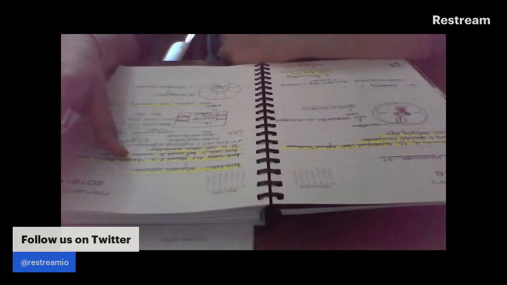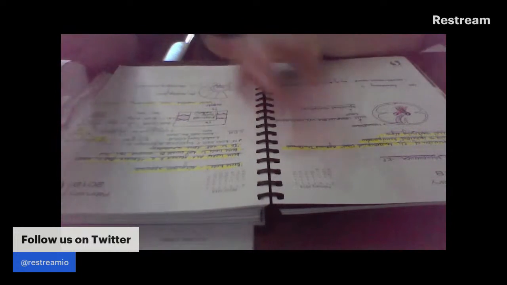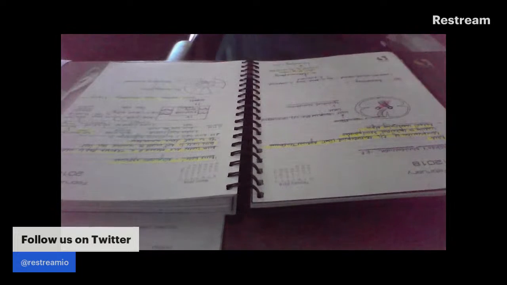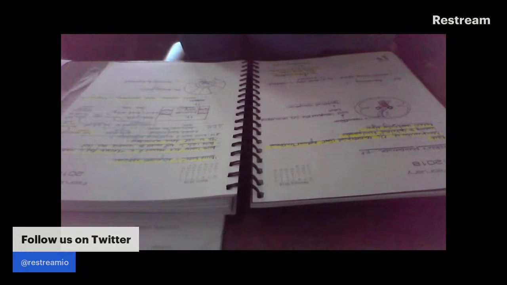Kernohan phenomenon is KP. Okay, it's rare, and it is the compression of contralateral corticospinal